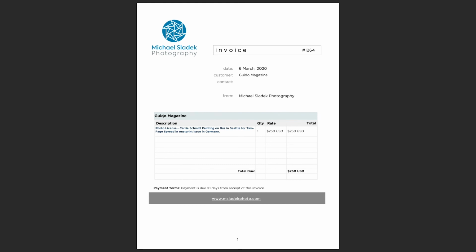Who the client was here. Actually, yes, Guido is a real magazine. They just contacted me and want to license a photo. Licensing a photo is where they ask my permission for a fee to use a photo in a certain way for a certain amount of time. I'm going to charge them $250 for that, and we'll see if I get paid. I will get paid. And then last but not least, down here include when you expect to receive payment,